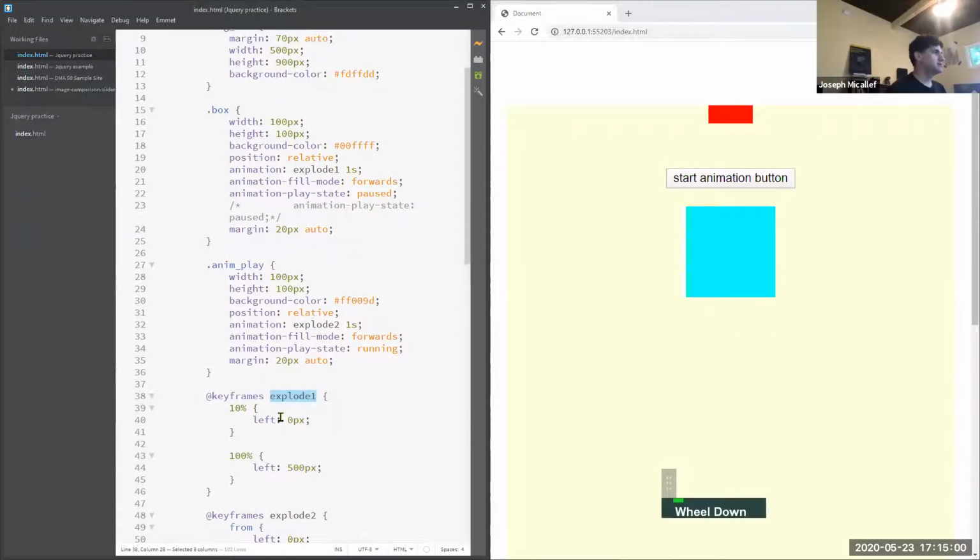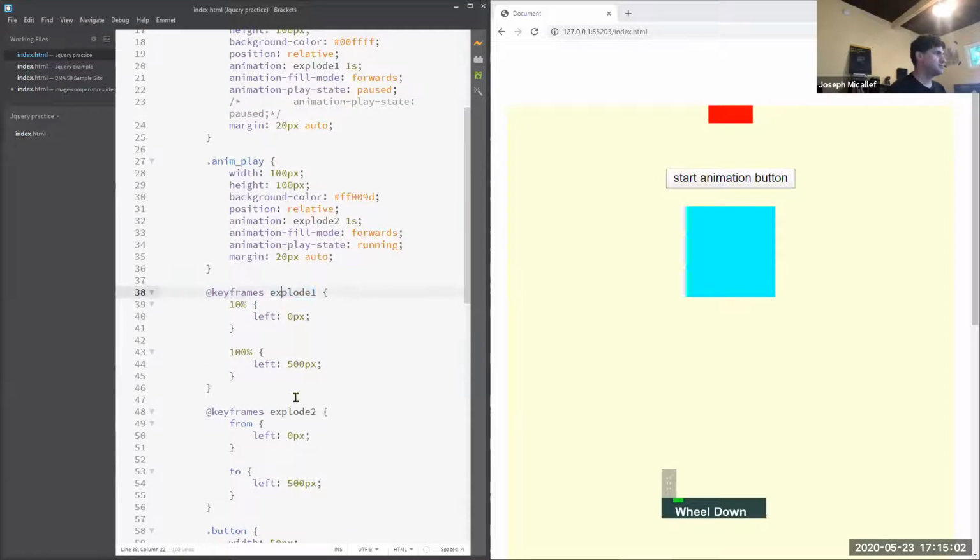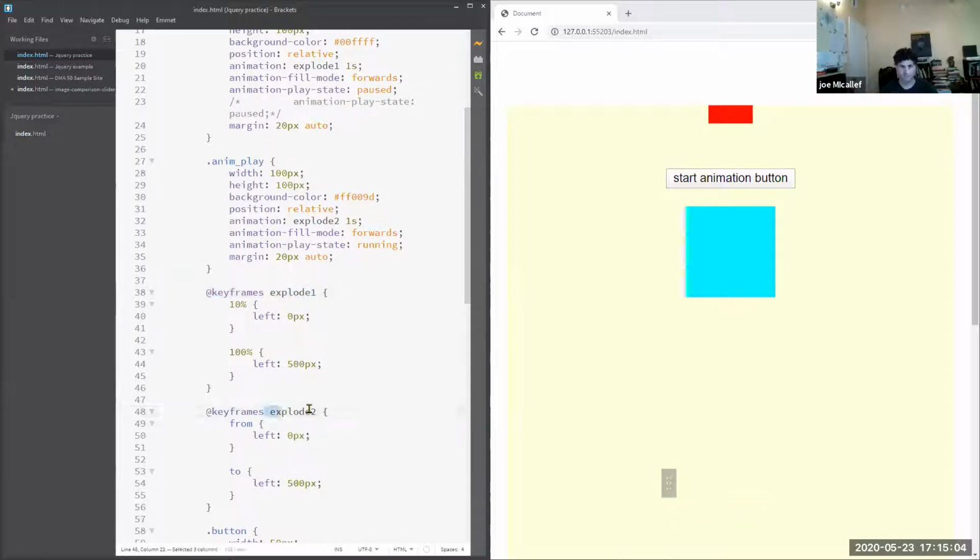In this circumstance, actually this one's not being used. So the special keyword is explode2. That keyword is going to be identified by the animation property under this style for anim play. So basically animation here is looking for any @keyframes rule with the explode2 keyword, which is this. And now within the